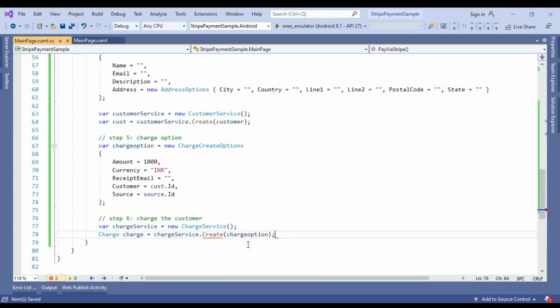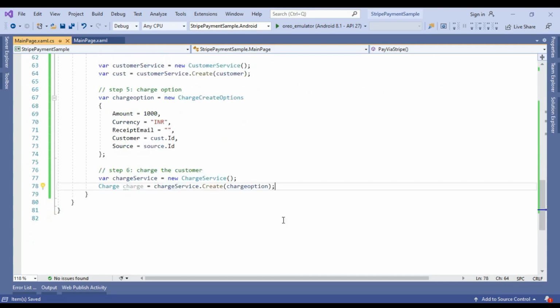This line will deduct the amount from the card. This line is responsible for deducting the amount from the user's credit card or debit card, and it will return a response. Using this response, we can understand whether this deduction succeeded or not.